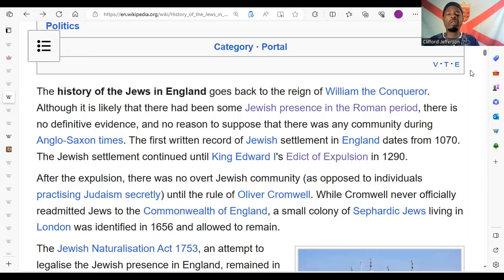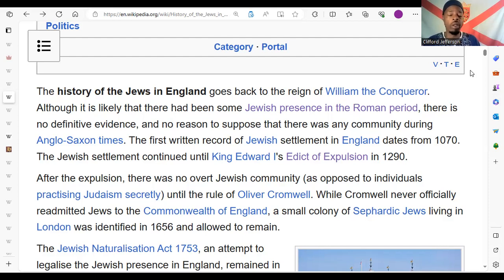The history of the Jews in England goes back to the reign of William the Conqueror. This is your proof, y'all. You don't have no proof with the book written by King James, because King James was one of the compilers of information that was written long before him. The only real source you can truly use is William Tinsdale. Because William Tinsdale